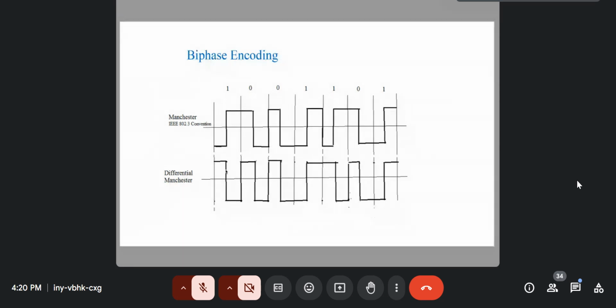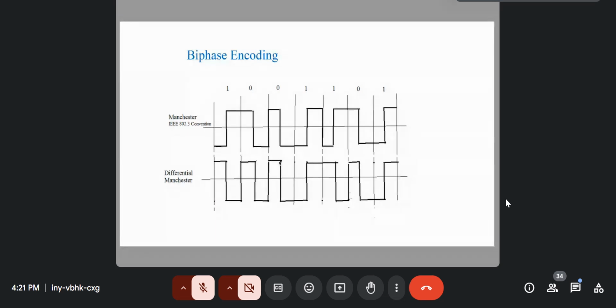Since we are talking about a transition at the beginning of the interval, we won't talk much about it here. So we will start from here. A transition at the beginning of the bit interval means a 0. You see, this is a 0 coming, so there's a transition at the beginning of the bit interval. If a 0 is coming again, of course the transition comes here. It goes back here. So there's a transition at the beginning of the bit interval, and